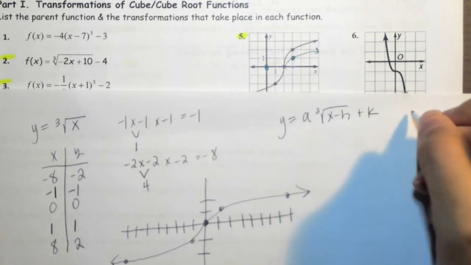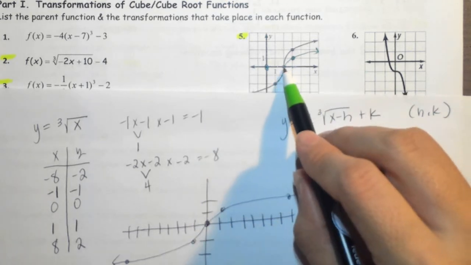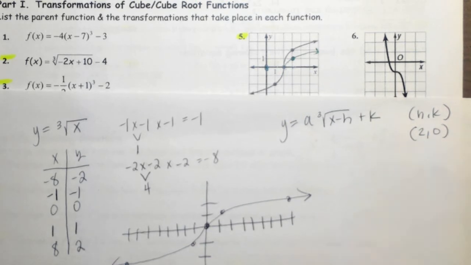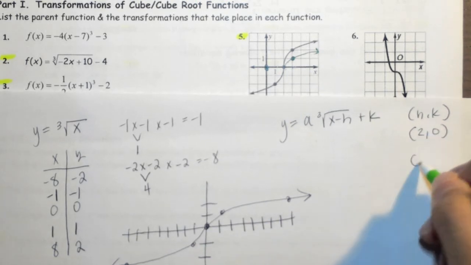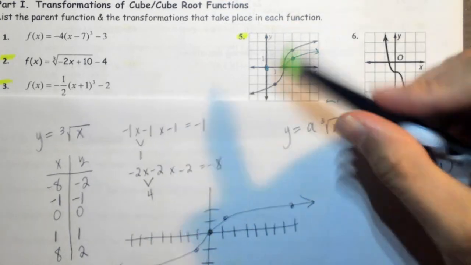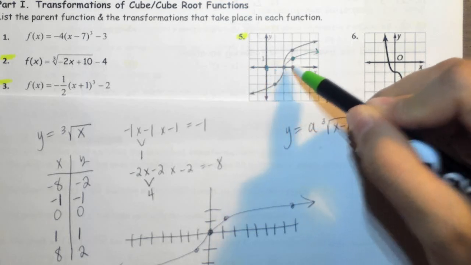And so your h and k, in this case, is your vertex. And right here, our vertex, you're going to shift right 2. So this would be (2, 0). And then your x and y is just any random point that's on the graph. It doesn't matter, but it's really good to pick a pretty point. So I'm going to pick this point right here. So what is that? 1, 2, 3,